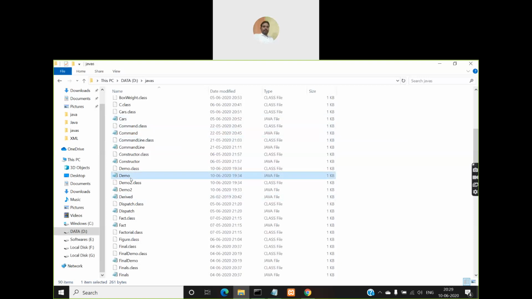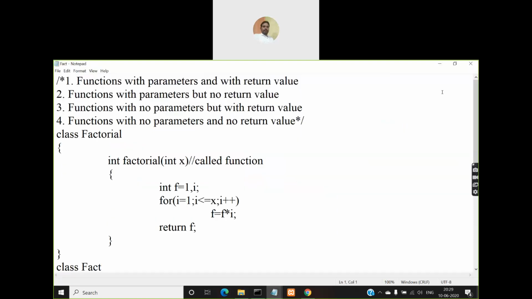Because they are in the same directory, when you compile your program, what will happen? A .class file will be generated for each and every class, not for the entire program. For example, in this fact.java file, how many classes are defined?